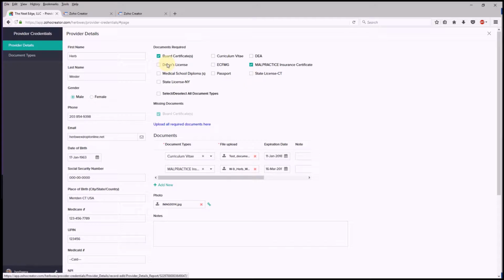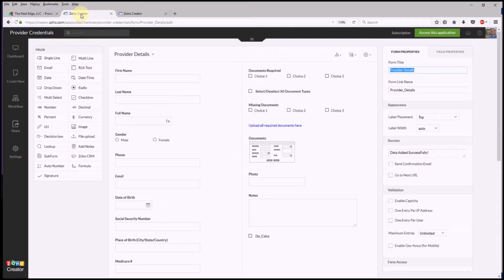Okay, so you can see how this works, and it can be very useful when you're managing this type of application. So let me take you into the back side of it, so you can see how the code actually works, because there's some interesting tricks that could be useful in other Zoho applications. So, okay,